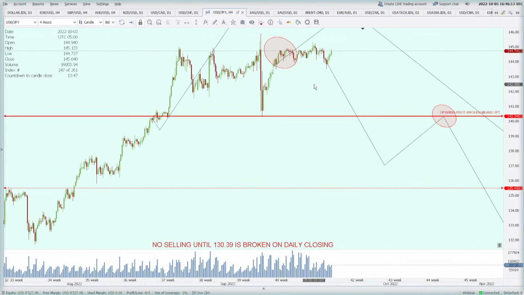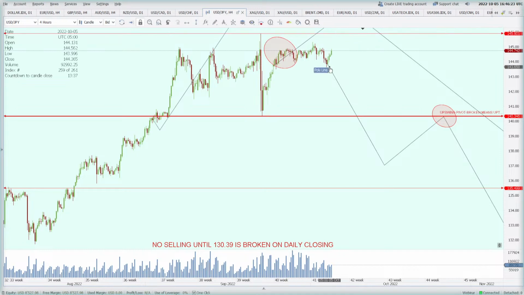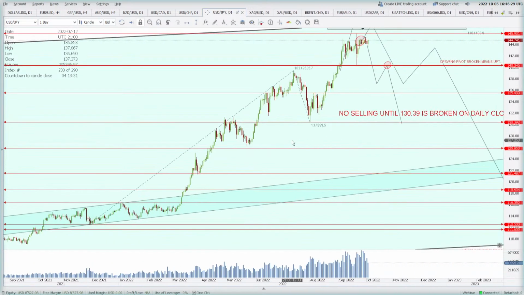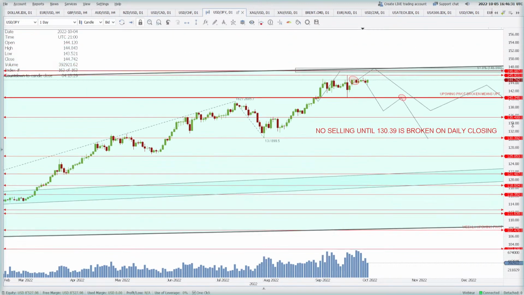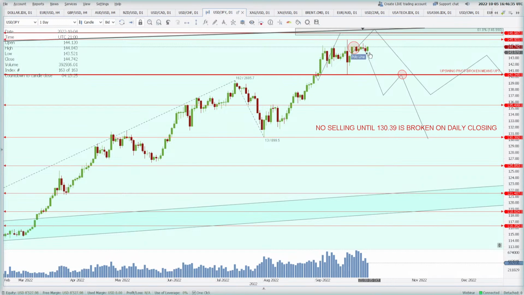USD JPY is still struggling to go beyond the 144.7374 area. Actually, it has seen once the high here. I must mark this on my chart. So this 145.90 is what the price has seen on the 4-hourly. And if we switch to daily, you will see that the price is finding it very difficult to go beyond this area because there are multiple resistances here, 146.90,